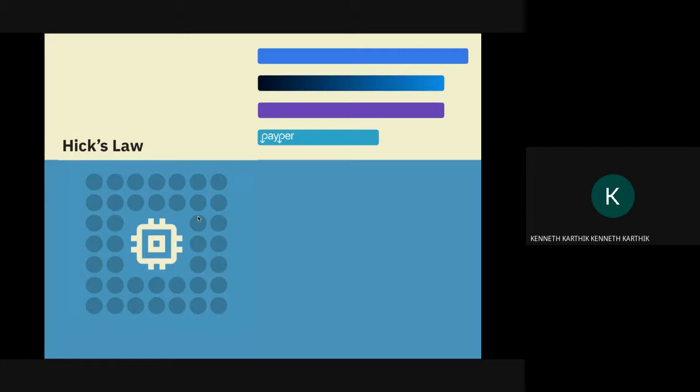And Hick's law, which I mentioned earlier, is basically that the time it takes to make a decision will increase with the number and complexity of choices. So that's what I was doing with that analysis of how many interactions it takes to achieve the task. And as you saw, in most cases we had the lowest interactions, and it was basically getting the job done with the least number of interactions and least amount of complexity. And that basically doesn't violate Hick's law, unlike a few of the other applications.